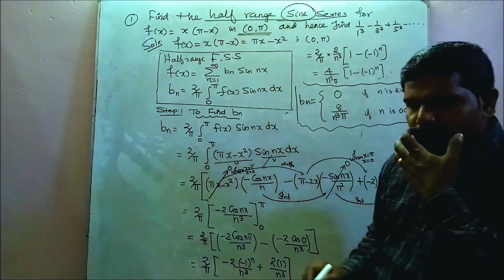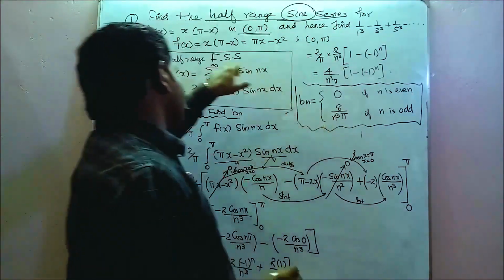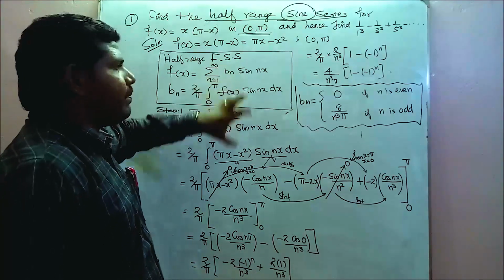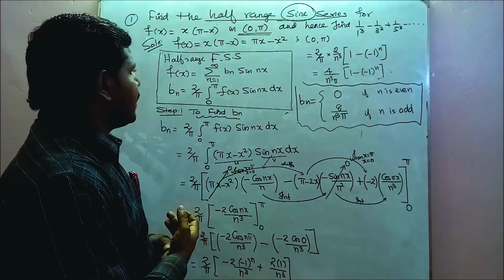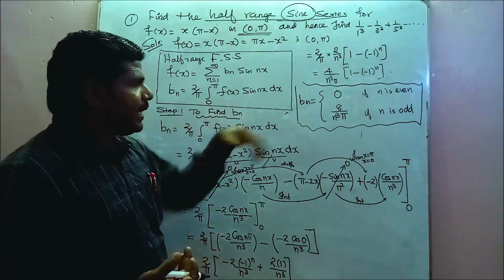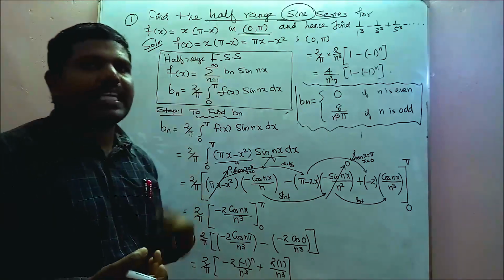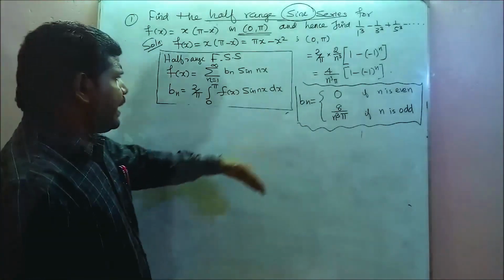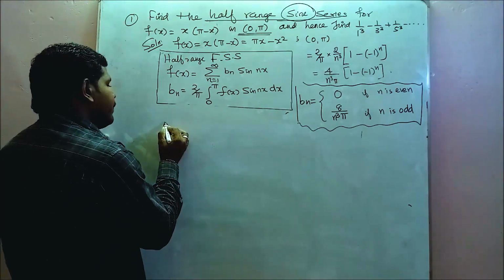So next we are going to substitute the value of bn in the given series. At the time we get the required Fourier half range sine series. So உங்களுக்கு இது புரிஞ்சிருக்கும்னு நினைக்கிறேன். இந்த bn வேல்யூவை இங்க சப்ஸ்டிடியூட் பண்ணோம் அப்படின்னா we get the required answer. So bn வேல்யூவை given seriesல சப்ஸ்டிடியூட் பண்றோம். So therefore f of x is equal